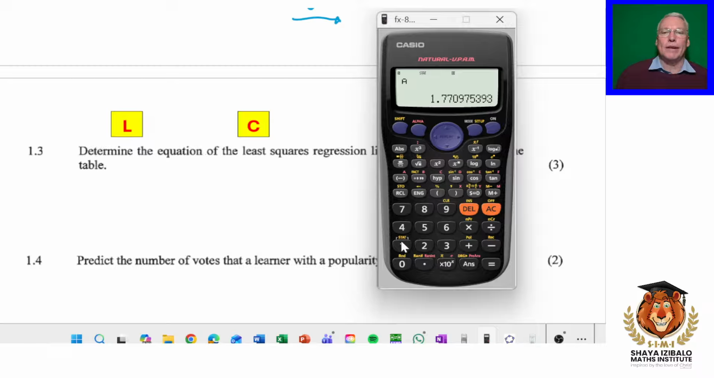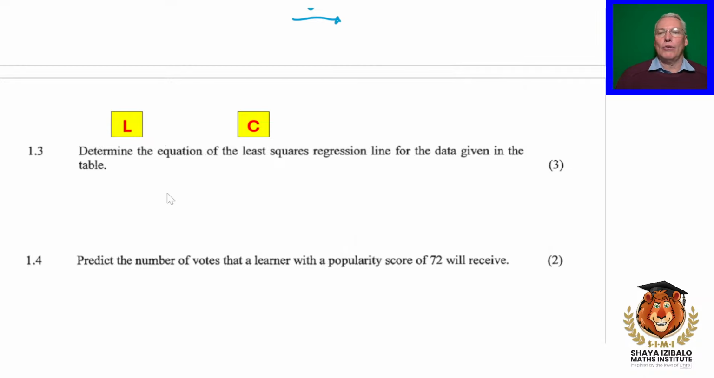We go shift stat 5, and we'll get our B value. Don't forget to press equals, and we get 0.2243. Okay, right, so our actual equation of our line of best fit, our least squares regression line, which is what it's called, is y equals 0,2243x